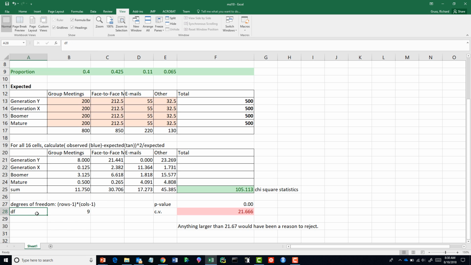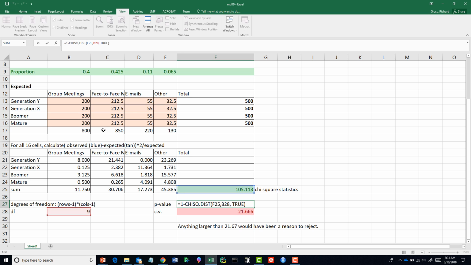Okay, so in this case, we don't have 2 minus 1 times 2 minus 1, which is just 1 anymore. We have rows is 4, columns is 4, so we have 3 times 3. We've got 9 degrees of freedom. Okay, so when we calculate our p-value, we have to put in, now remember, because we're interested in the right